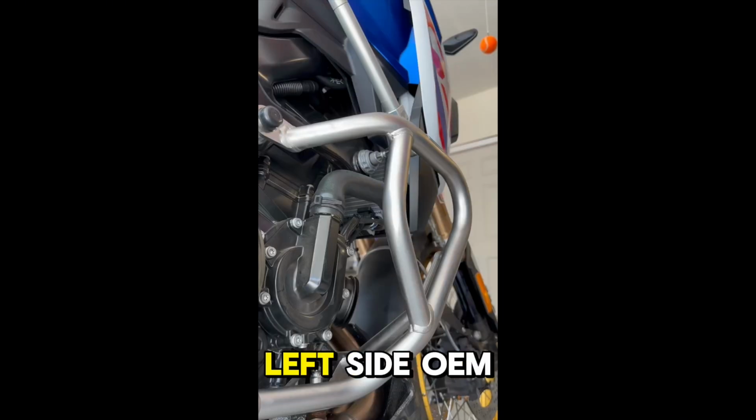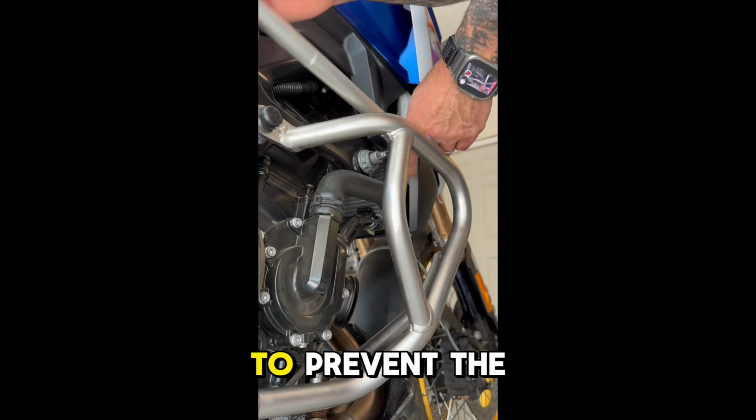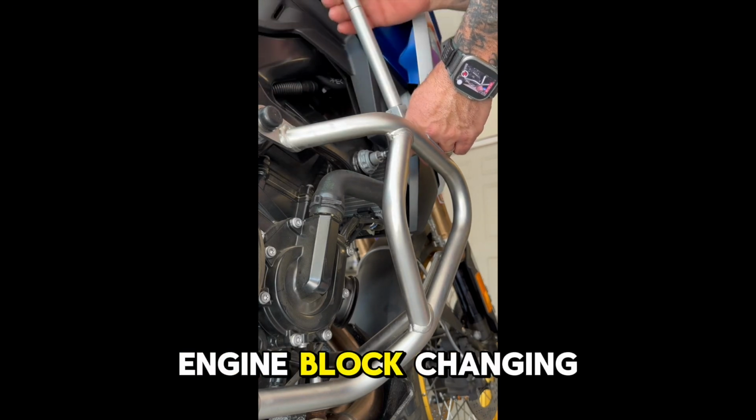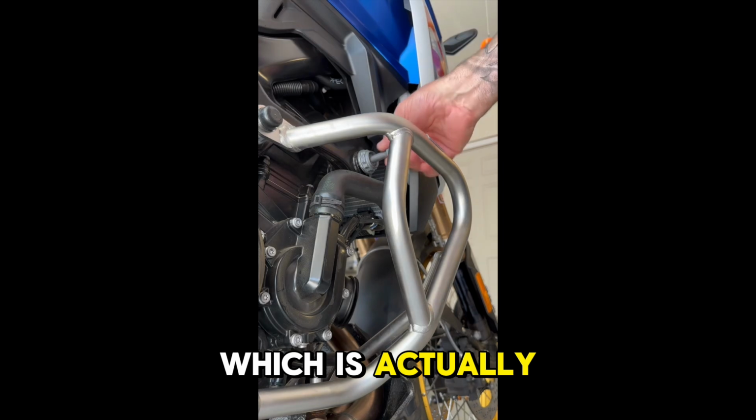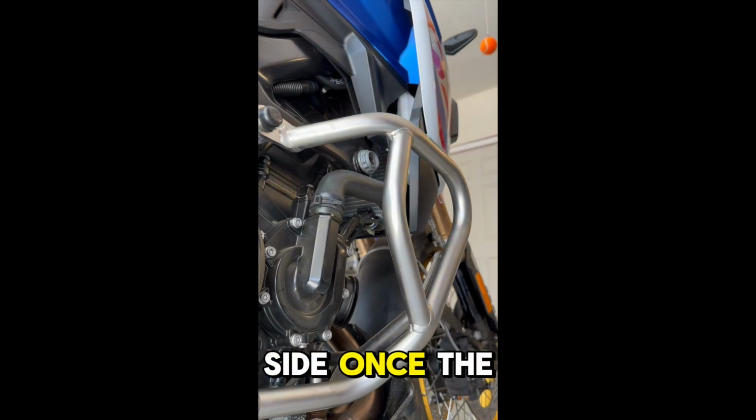I removed the left side OEM screw from the frame and engine. The instructions tell you to work on one side at a time to prevent the risk of the engine block changing position, which is actually kind of scary. They tell you to start on the left side and then move to the right side once the left is